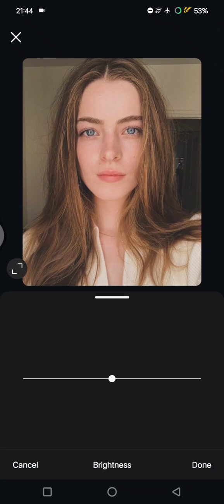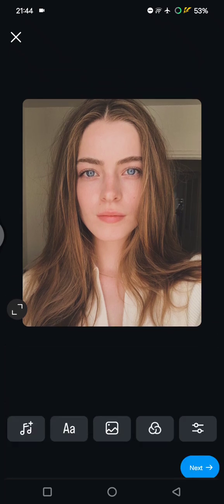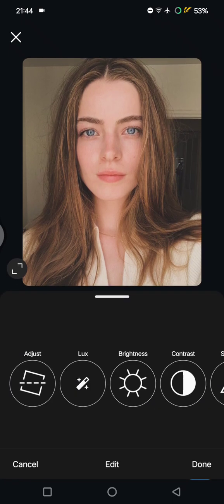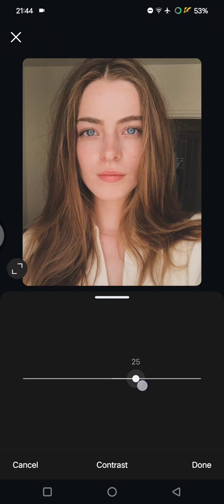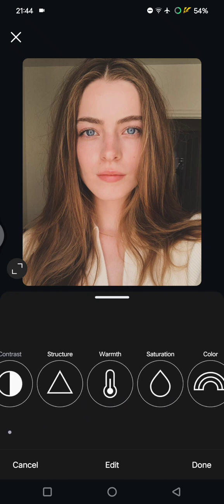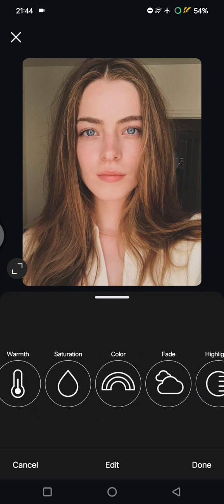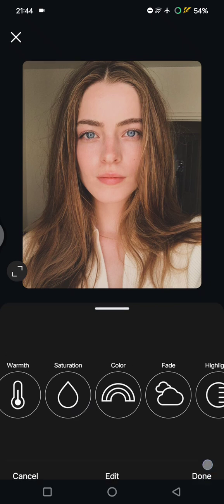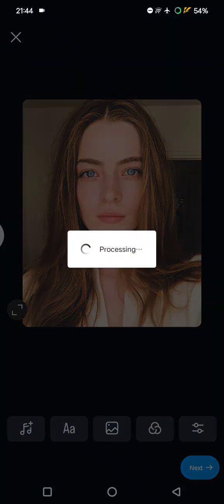You can adjust the brightness, you can adjust the contrast, and the warmth, saturation, color and everything. And when you are done, tap on done and tap on next again,